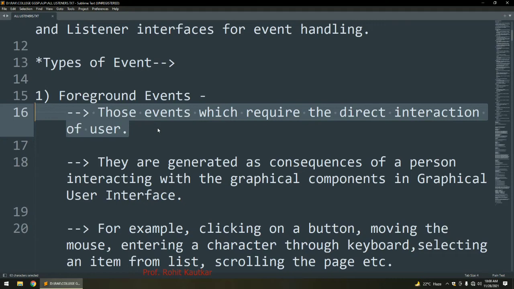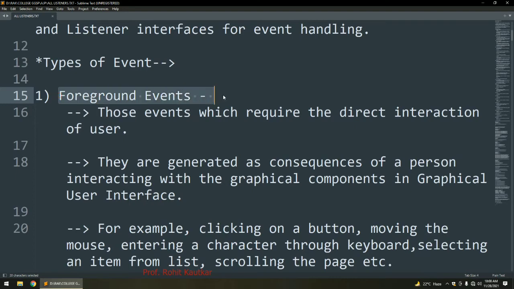For example, clicking on a button, moving your mouse, entering a character through the keyboard, selecting an item from a list, minimizing a window, closing a window, and scrolling the pane. All these are examples of foreground events.